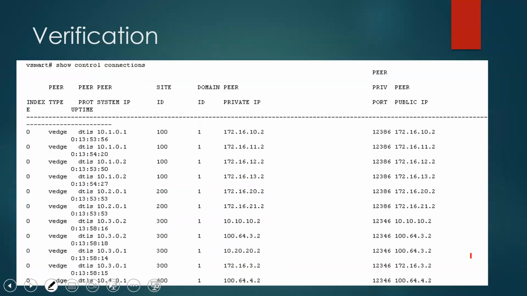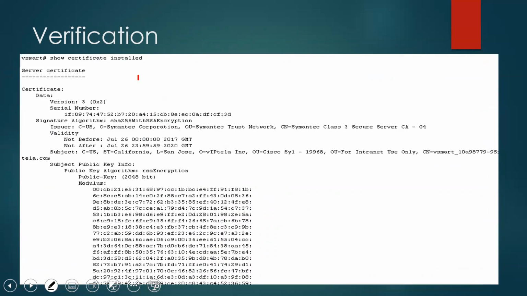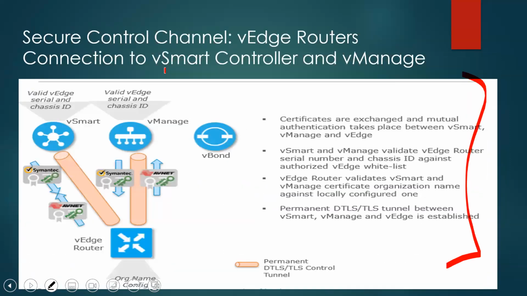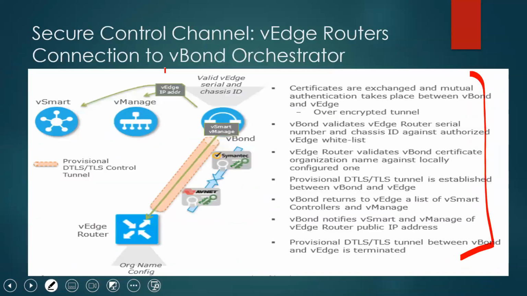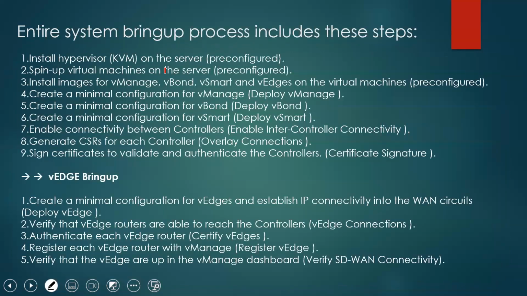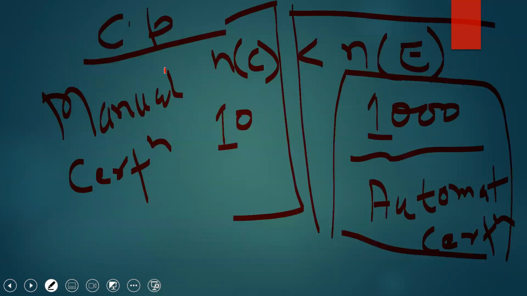Now, once your data plane is up and your control plane is up, you can go and check some configuration. Obviously, I'll show you this configuration. So control connections, so certificate installed and all, right? And that's it. Now we are ready to do any type of configuration, BGP configuration, routing configuration. And now we are ready to play around with the local policy and global policy, and app aware routing and all those nice features that we have in the SD-WAN. But still,